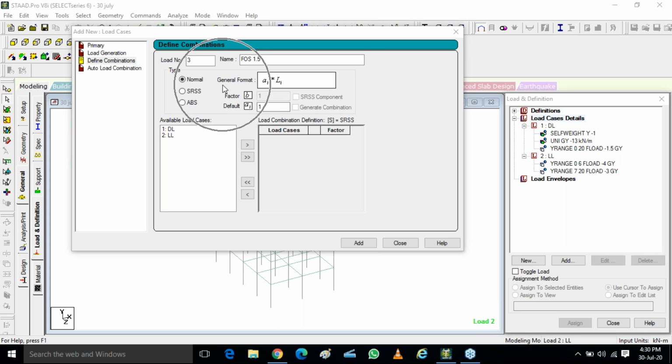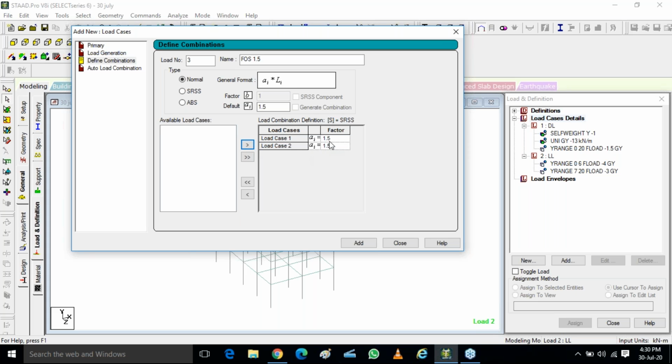So you can see the general formula is A1 into L1. What is A1? A1 is your factor. L1 is your load. So for A1 I am using factor 1.5. And which load do I want to multiply by 1.5? I want to multiply the dead load. Along with the dead load, I want to multiply my live load also.